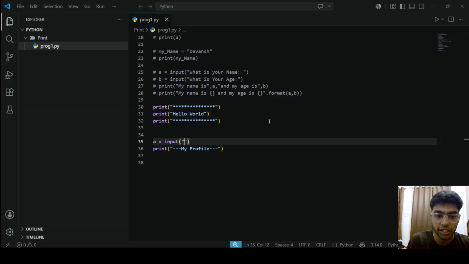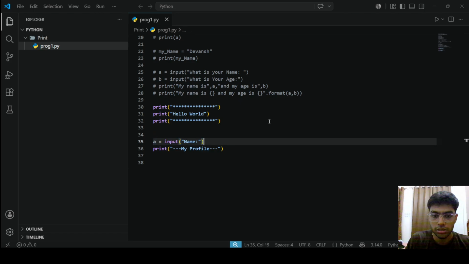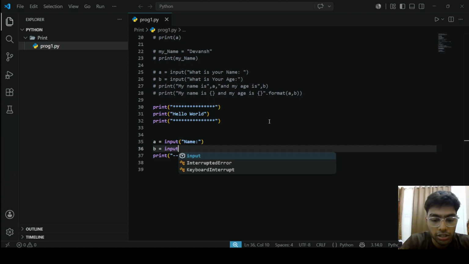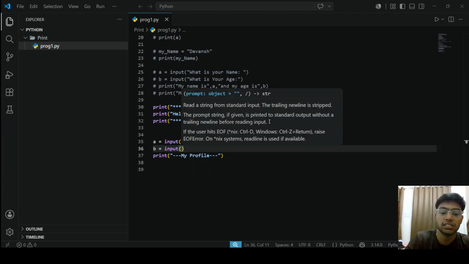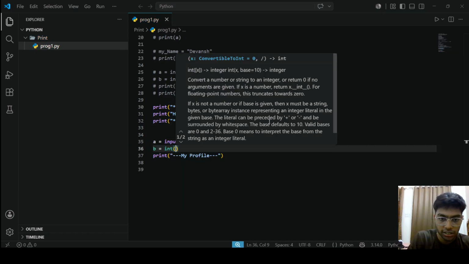Seek the input for my name, and then for my age. We don't want any string format in this. Like if we put input here, it will take the input as a number because we put in the number. But if we want to restrict it so that we cannot enter a string here, we put int, brackets, and